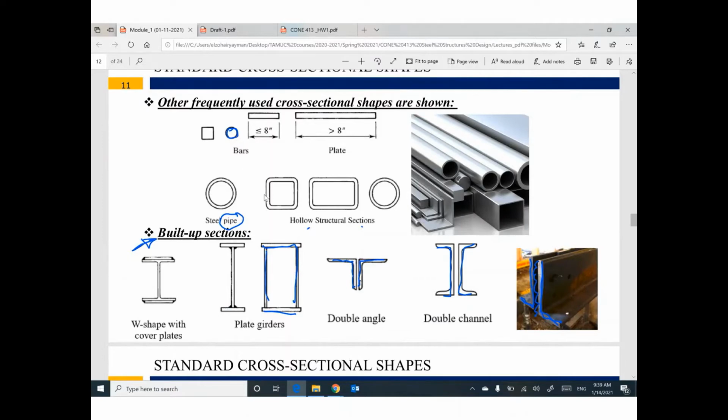And we can build something called built-up sections. You can combine different shapes in one cross-section. This cross-section can be called a built-up section. Probably we need built-up sections for heavy structures like bridges, probably high-rise buildings, where I cannot get the required cross-section from the manufacturer, so I build it in my project or